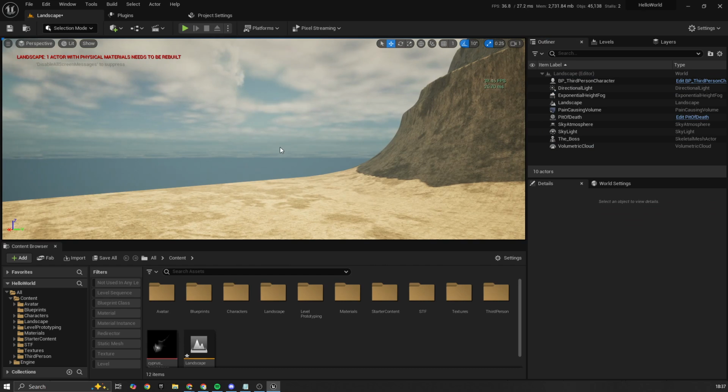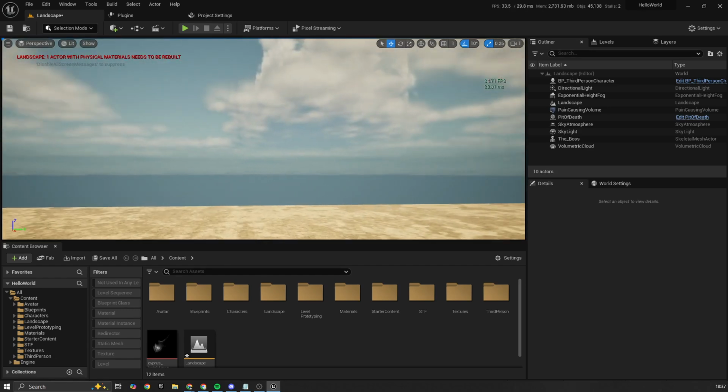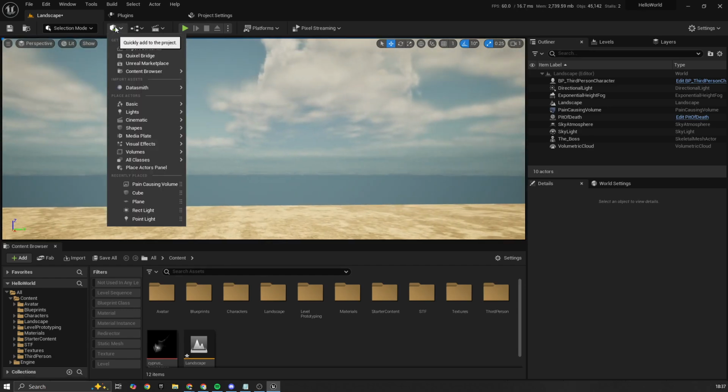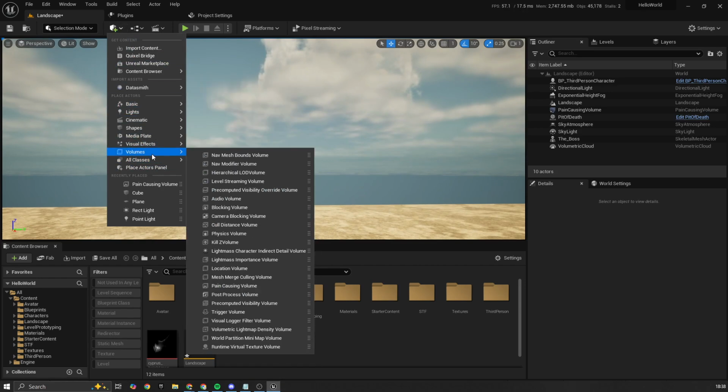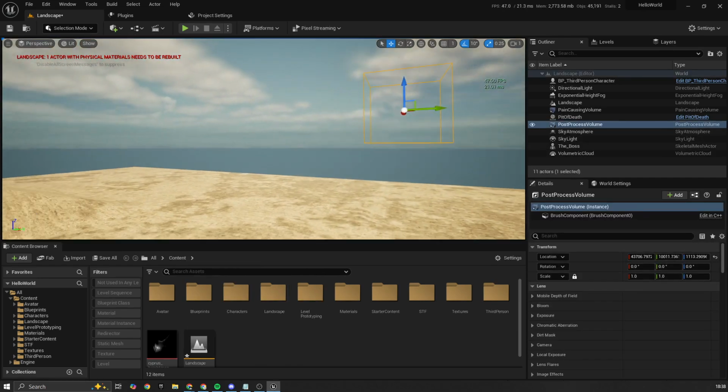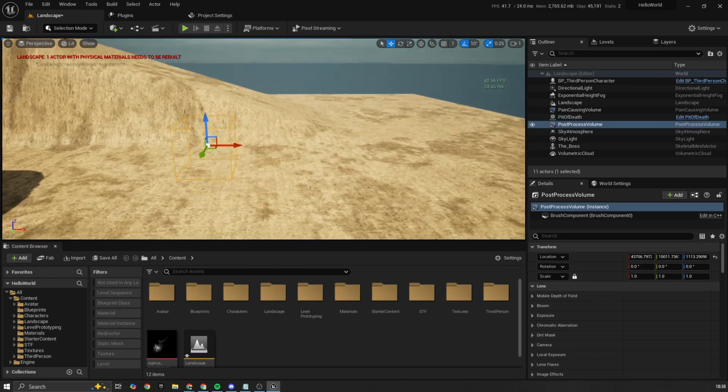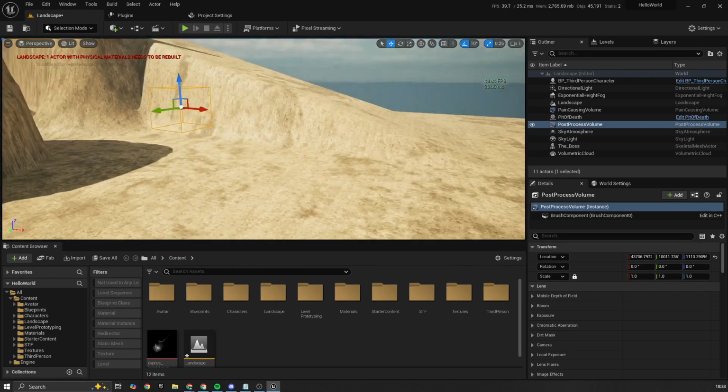Now, one thing we're gonna add to this scene, which we don't have already, is something what we in Unreal call a post-process volume, a PPV, as short. So here in the plus icon with the cube, we can go to our volumes section here, and under volumes we have lots of different volumes. We're gonna look for P, post-process volume, and we're gonna click that. That will bring it by default into our scene. You can click it, drag and drop it, whatever you prefer. Now, this bugger